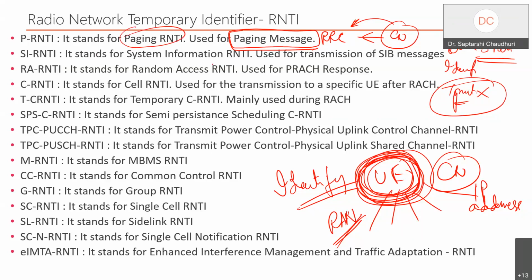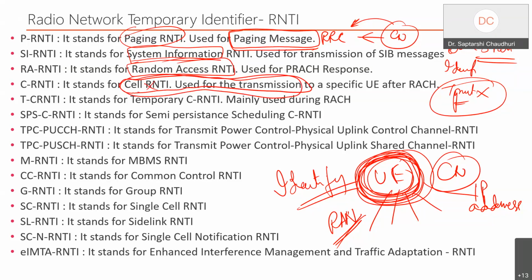Now if you see, everywhere I'm drawing my circle and my dash, it is based on one procedure associated with it. So this is another procedure to identify. Random access is another procedure to identify the device. At the cell level, when we do a transmission and the throughput is going on, that is another procedure where the scheduler is trying to identify the user. Once the throughput is gone, this is vanished. This doesn't have any significance.